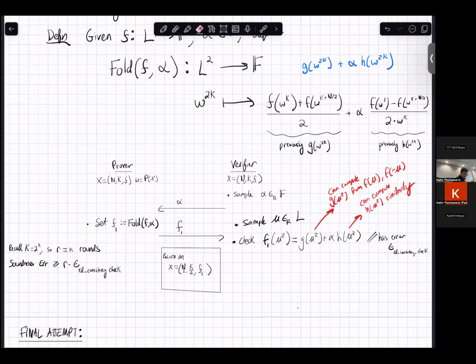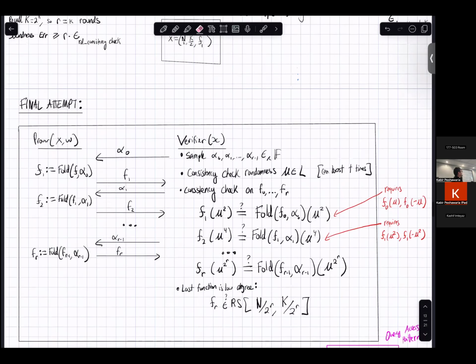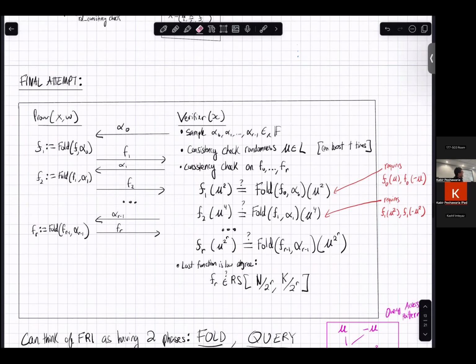If you're compiling it with a commitment sort of thing, are all the alphas just independent? You don't want to send everything first because it gives the prover an easier way. I see. So for soundness, you want to do some sort of interleaving of send alpha and do a check, send alpha and do a check. Exactly. Since I just told you that, I'm going to say the complete opposite now, which is